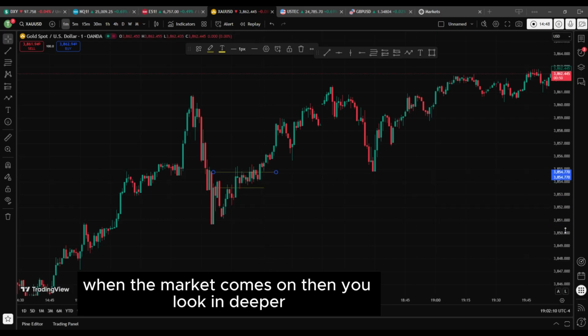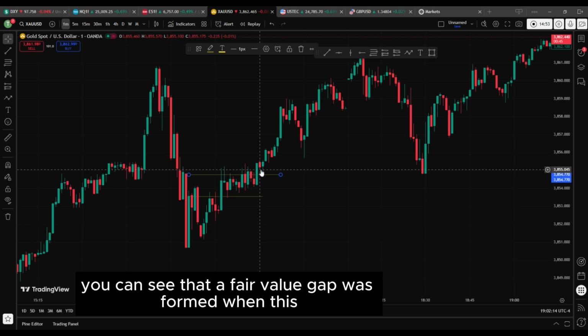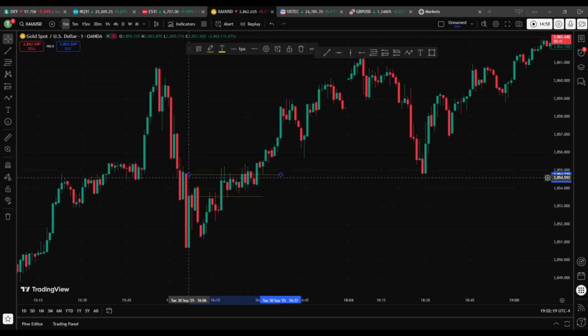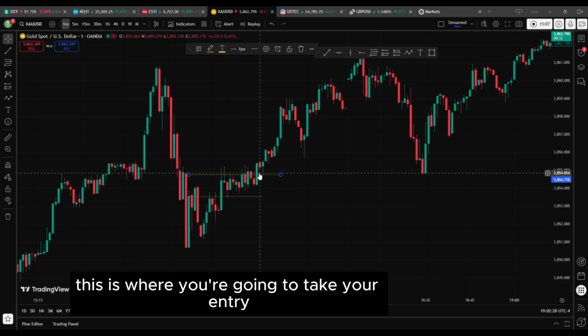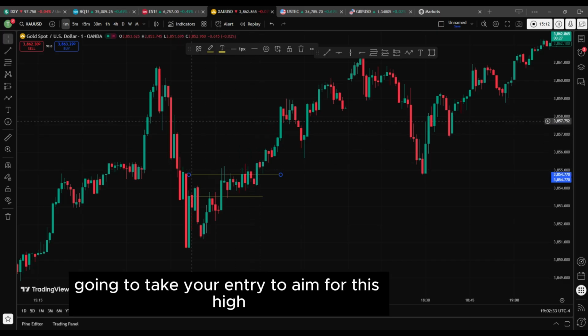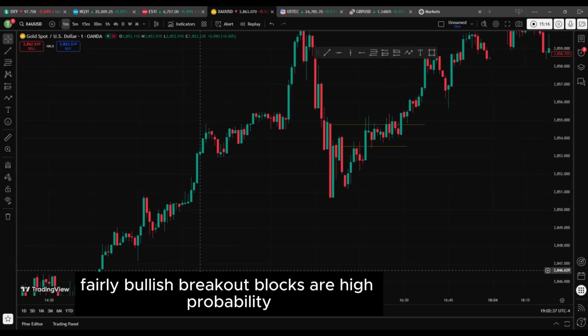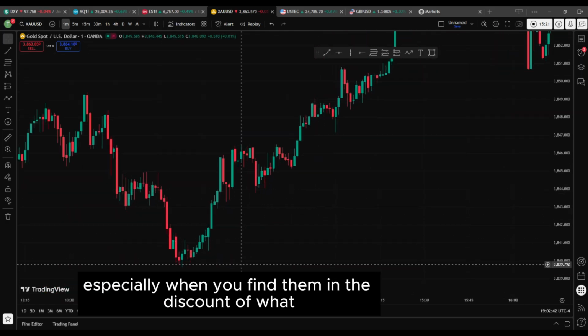Then if you look in deeper, we can see that the fair value gap was formed after this bearish candle was closed decisively above. You see a fair value gap forming here. This is where you're going to take your entry, to aim for this high. So bullish breaker blocks are high probability setups, especially when you find them in the discount of